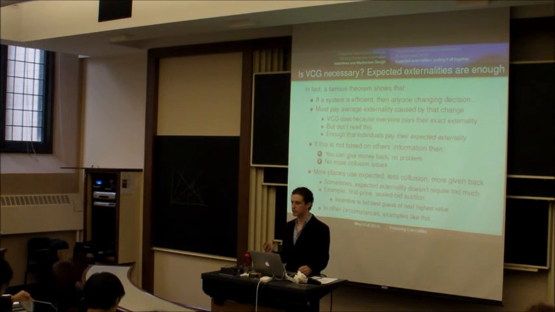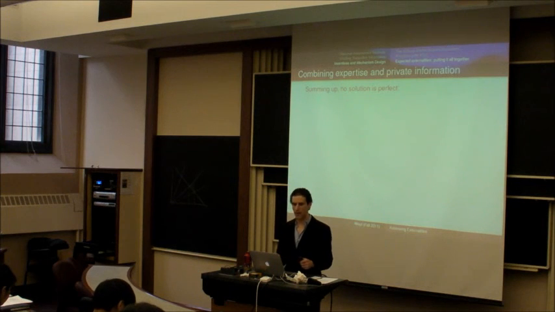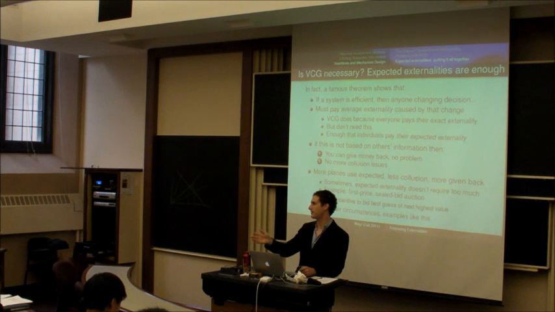And there are other circumstances where examples like this exist. So just to wrap up, in fact I'm right now working on an alternative way to do elections based on expected externalities rather than on the VCG thing. Because the VCG thing's all messed up, but if you can make people pay expected externalities, that can be